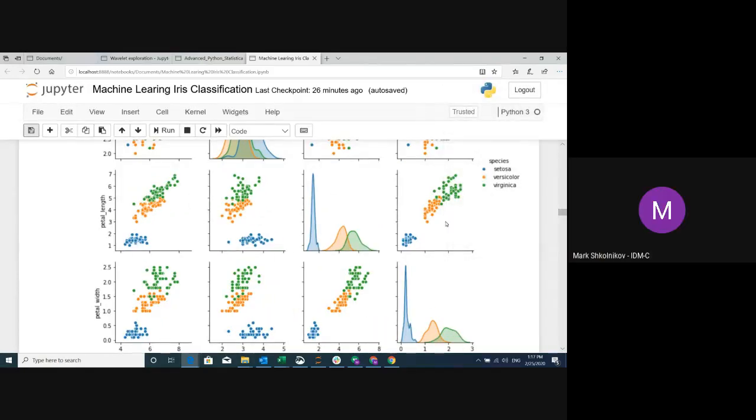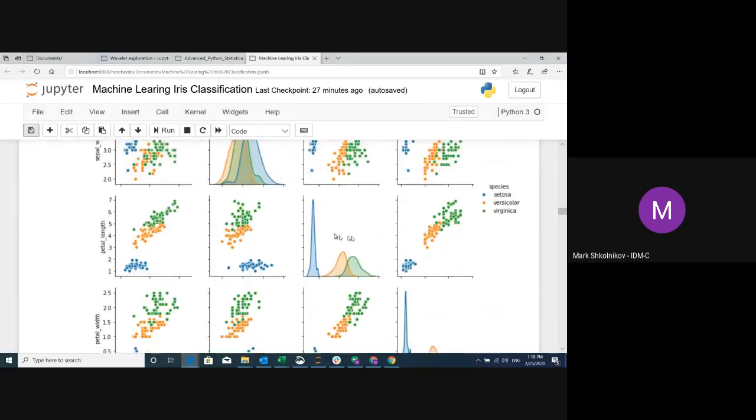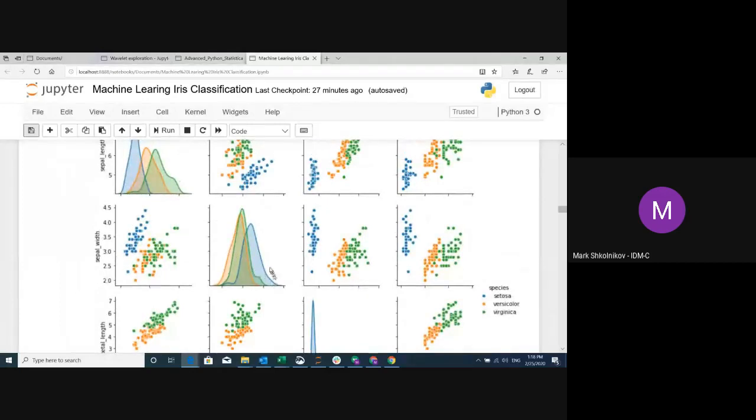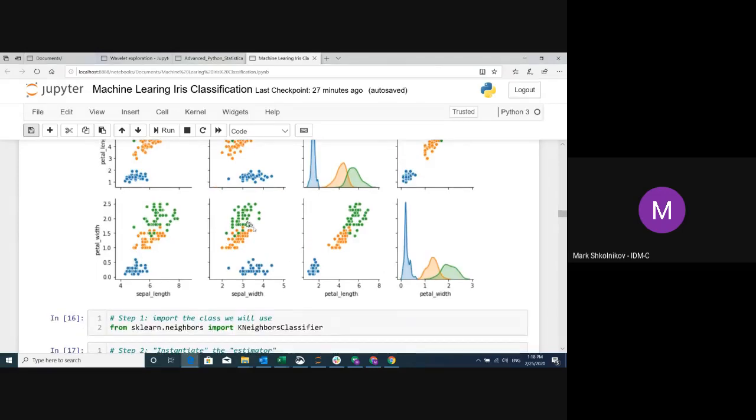Thank you. Okay. So let's go to it a little bit more. So this is pair plot. Pair plot is a combination of scatter plots of different variables. We have 4 of them, so we have 4x4 scatter plots. On the diagonal, there are distribution functions, right? And we can see which variables can be used as a good differentiator and which are not so good. Over here, you may see that sepal widths and petal lengths probably would give a good differentiator, right? Petal lengths and petal widths pretty well. Samples are differentiated, but